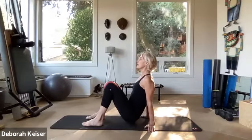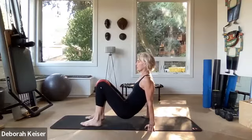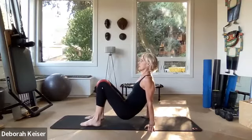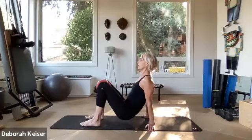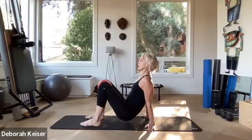Lift up out. Now we're going to scoop out so your pelvis comes up toward your chin. You want to feel your ribs being hugged by your triceps right now. And you bend and lift, bend and lift. Bend, lift, shoulders down, neck is long. 8, 7,